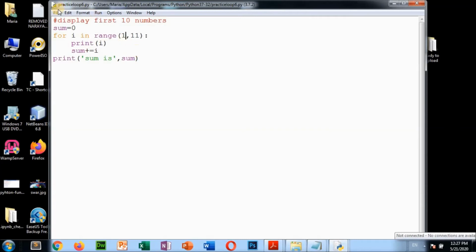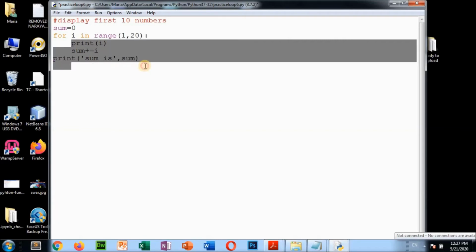Now some other example we can show. Suppose display the even numbers. Okay. So another program we are going to do. Here display first 10 even numbers. For first 10 even numbers you will get 2, 4, 6 like that up to, suppose, 20. Up to 20 you will get the first 10 even numbers. So how to check even numbers? Already we have done it in the conditional statement. Okay. So to check even numbers what to do?